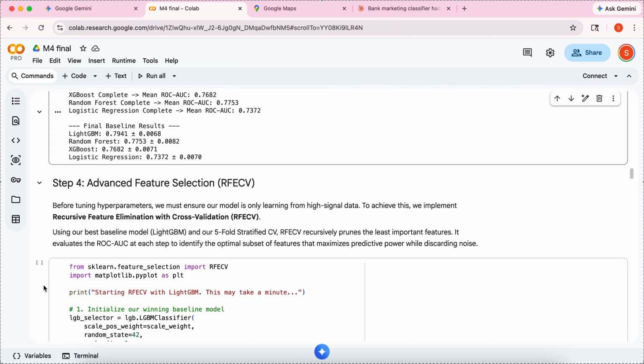So before tuning the hyperparameters, we need to ensure that our model is only learning from high signal data. To achieve this, we implement recursive feature elimination with cross-validation. So using our best baseline model, LightGBM, and our 5-fold stratified CV, RFECV recursively prunes the least important features. It evaluates the ROC-AUC at each step to make sure that the optimal subset of features maximizes the predictive